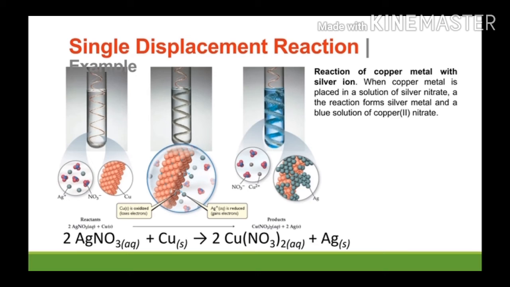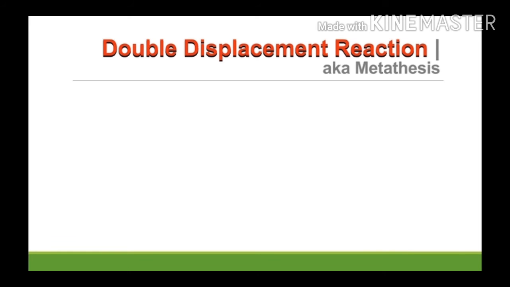Another example is the reaction of copper metal with silver ion. When copper metal is placed in a solution of silver nitrate, the reaction forms silver metal and a blue solution of copper(II) nitrate. As you can see in the given chemical equation, we have 2 moles of aqueous silver nitrate reacts with 1 mole of copper metal to form 1 mole of aqueous copper(II) nitrate and 2 moles of silver metal. The fourth type of chemical reaction is called double displacement reaction, or